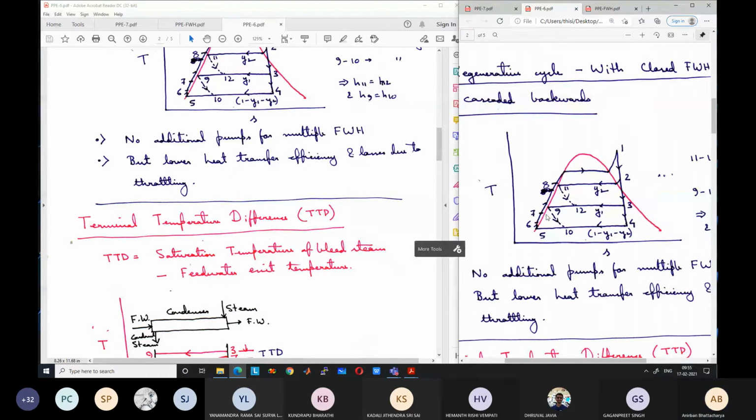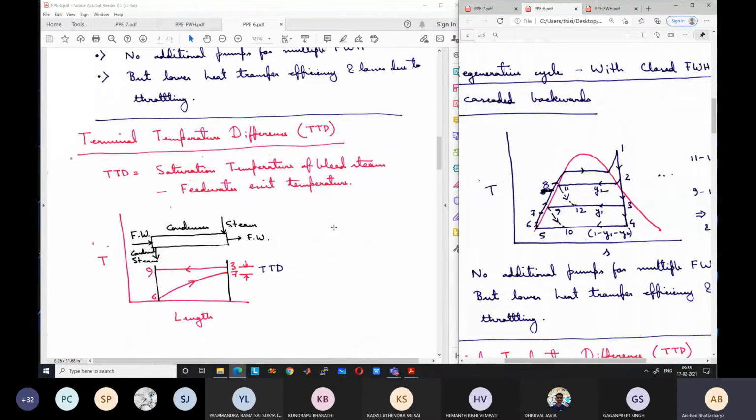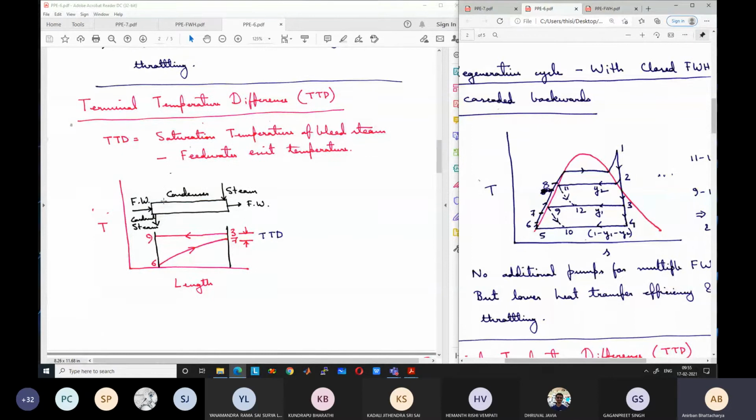I have drawn a simple schematic diagram showing the flow path of the steam and the water. Say the change occurs linearly. Actually, there are tubes and it's like a counterflow or cross flow heat exchanger, but we will assume that the change occurs linearly like a counterflow heat exchanger. The subcooled water at state 6 enters the heat exchanger and its temperature gets increased along the length of the tube to state 7 due to heat exchange.